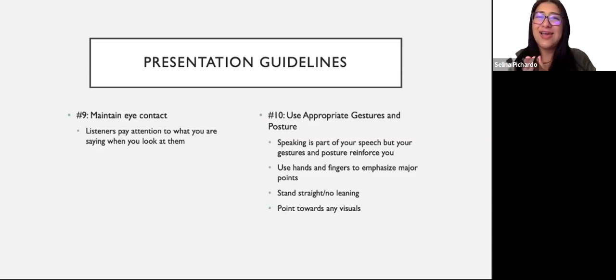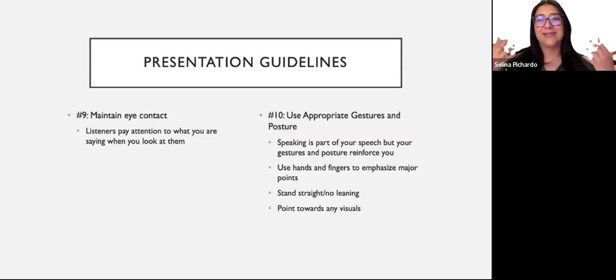I've actually had a student do that and had to tell them, look around, make eye contact with multiple people in the room. Granted, I'm on Zoom right now, so there's no one to look at, but I try to look at the middle of the screen. Obviously, I'm moving around sometimes, like I look up, but for the most part, I try to look at the camera that's straight ahead. Or I'm looking at what's on my screen. As long as you're looking straight ahead, that works as well if you're going to be recording your presentation like this.